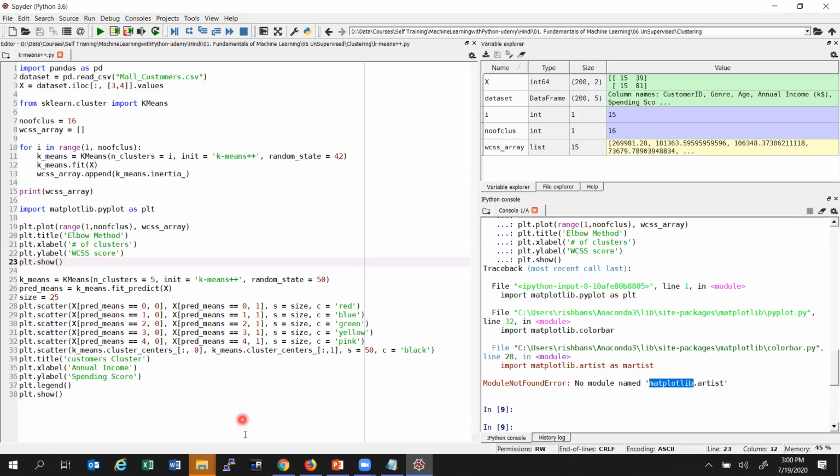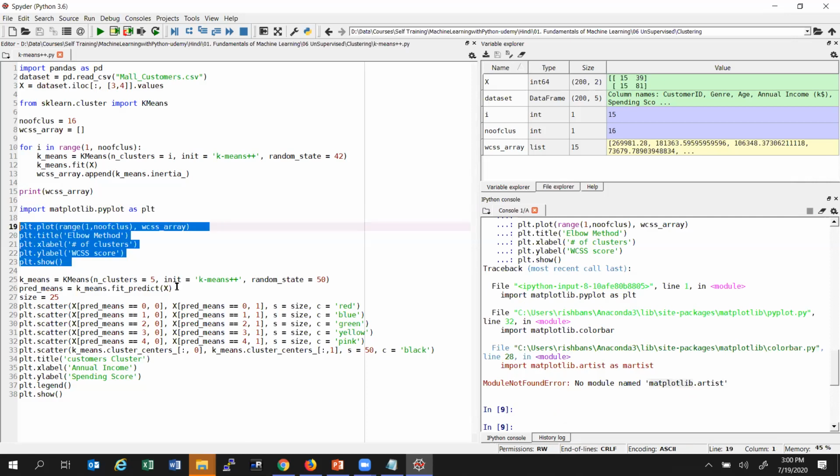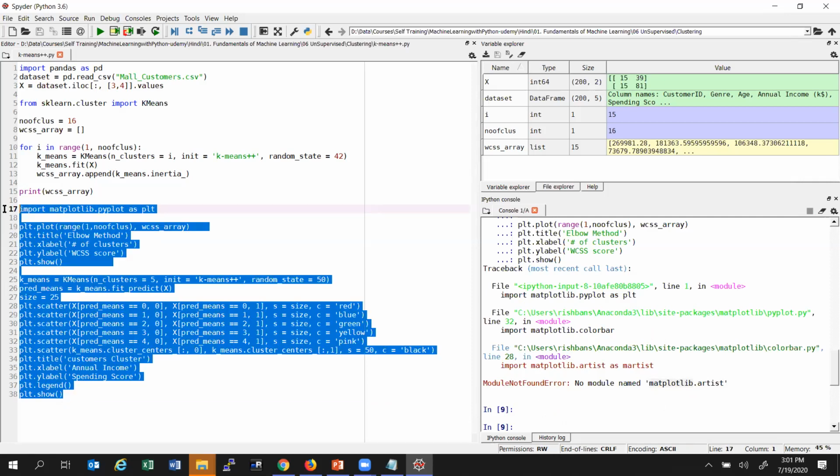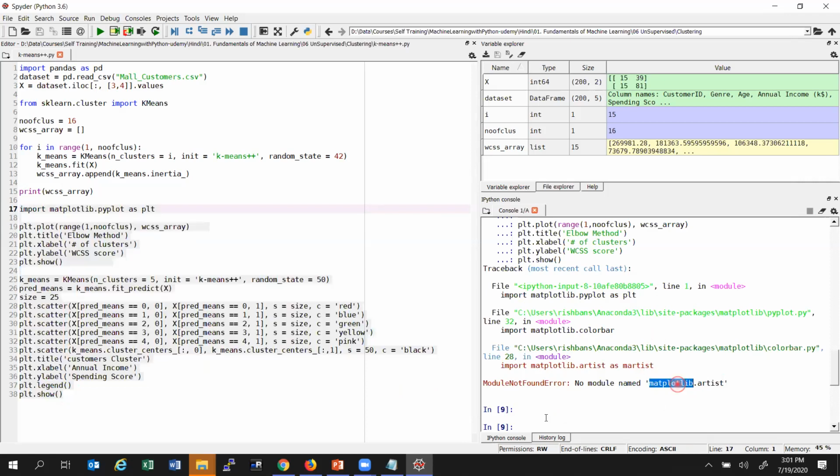I can't show you the plot actually, and all this is graph code only. So I will just explain one or two more algorithms, and the coding part and graph we'll see in the next class. I will fix my library and then do it.